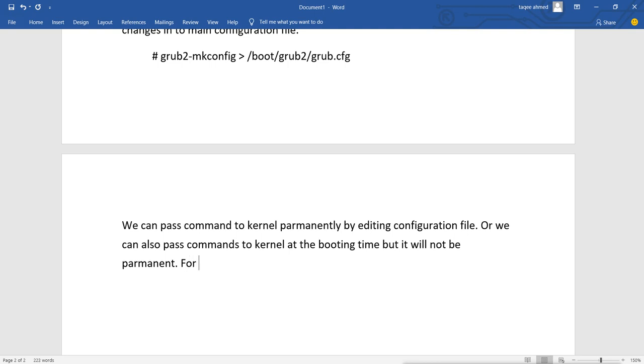So for passing temporary commands to the kernel at booting time, what do we do?